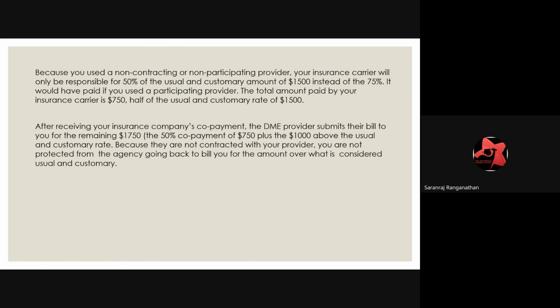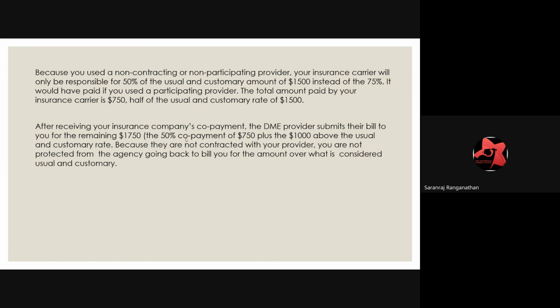Your insurance carrier will only be responsible for 50% of the usual and customary amount, $1,500, instead of the 75% it would have paid if you used a participating provider. The amount paid by your insurance carrier is $750, half of the usual and customary rate of $1,500. After receiving your insurance company's payment, the DME provider submits their bill to you for the remaining $1,750,